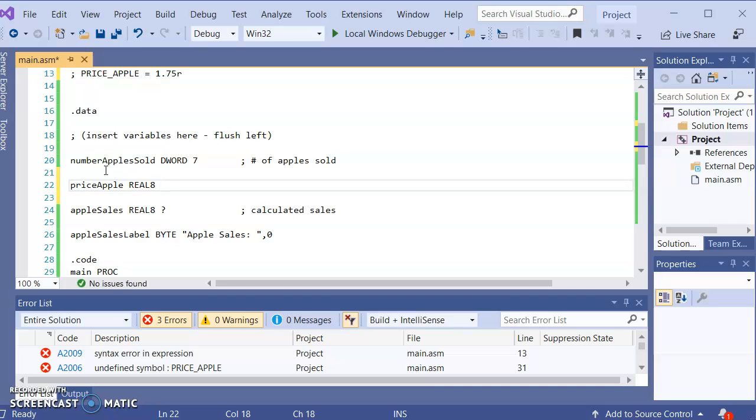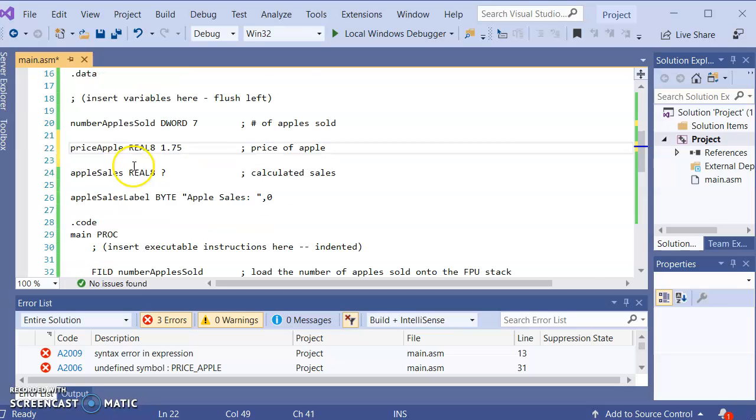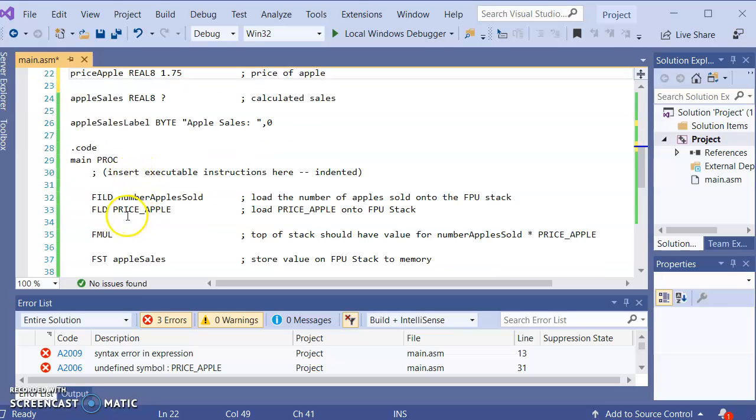We have a lot of apples we're going to sell, and a great deal amount of precision. And I want this to be 1.75. So this is going to be the price of the apple, which is a variable as opposed to a constant. And so this is taking up memory. So the price of an apple. And so then the difference here